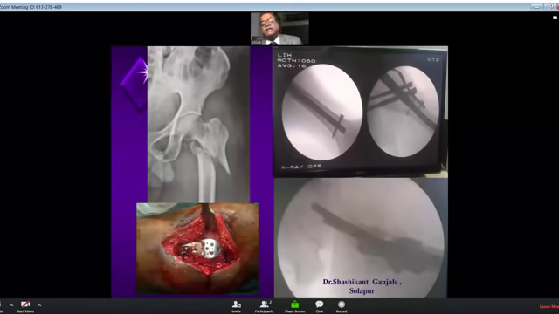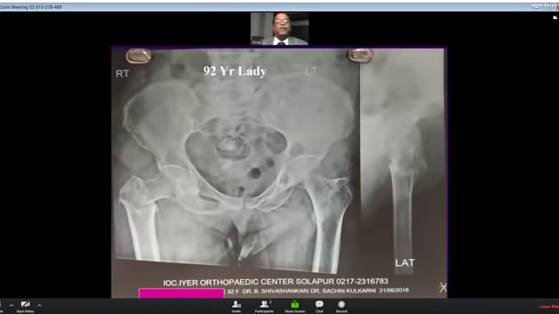My friend Dr. Shivashankar from Solapur has designed a trochanteric buttress plate. Similarly, my friend Dr. Naveen Thakkar from Ahmedabad also has devised a trochanteric buttress plate, and both of them do the same work. If the lateral wall is deficient or not proper, then the lateral wall is created by this metal or the plate, and against that you can compress the bone.